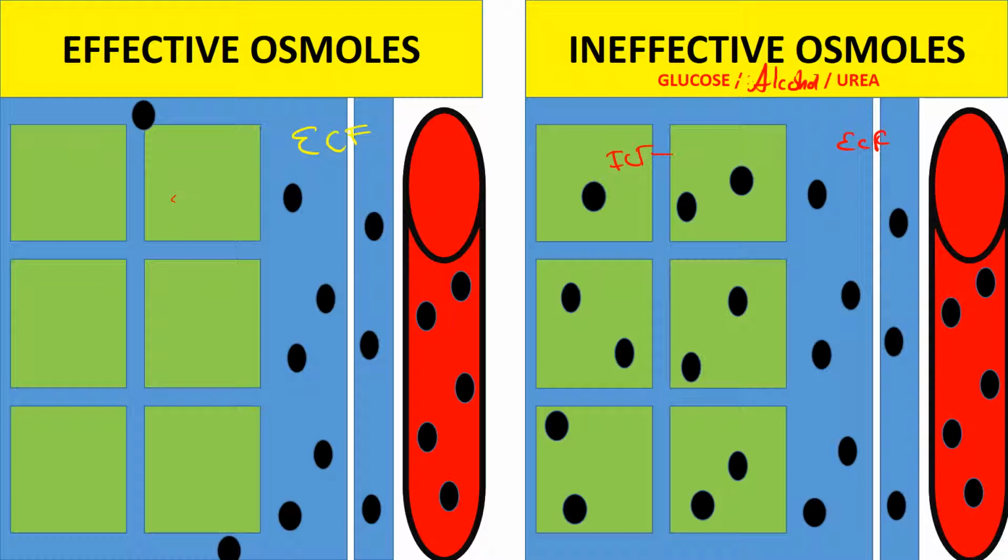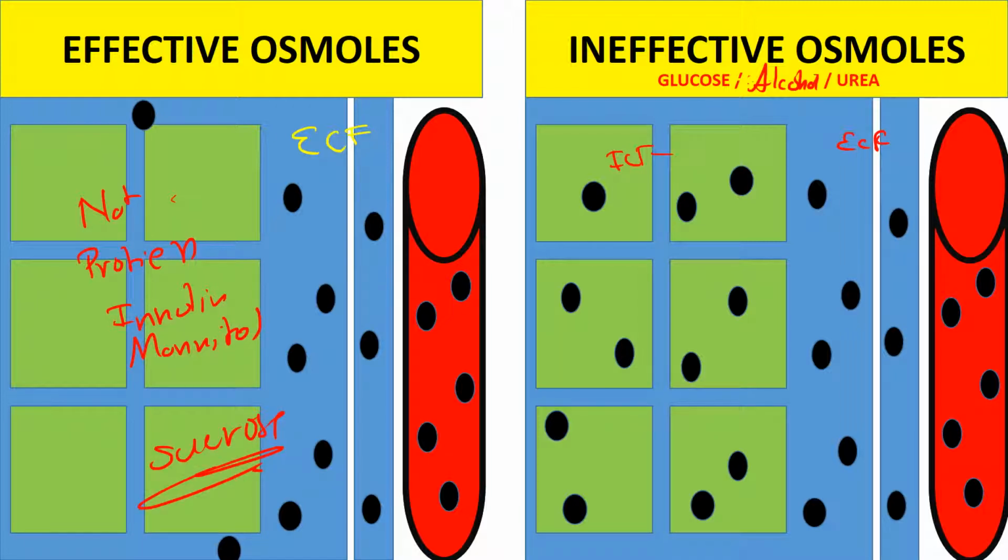Now the effective osmoles include sodium, protein, inulin, mannitol, sucrose. So these are the substances which are responsible for the effective osmoles. These are the substances which are responsible for